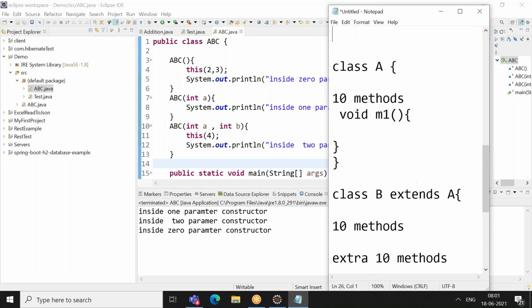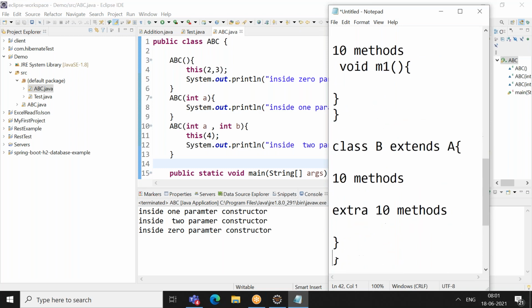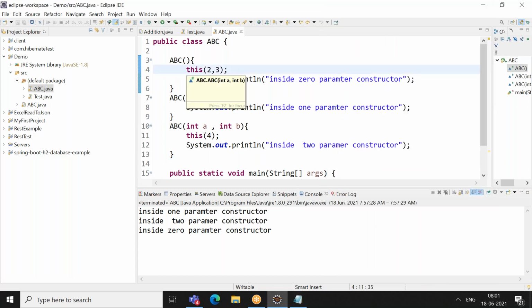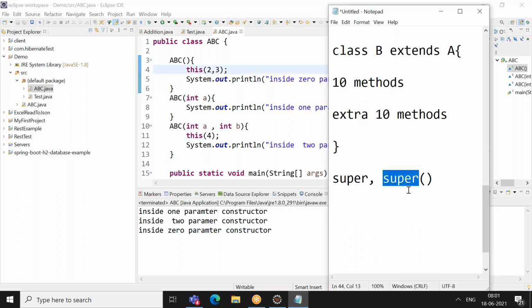So I said there are 10 methods or 10 properties your B can be having. For example, I'll create an object of B, and from the B object, if I want to access the parent class methods or parent class variables, then I'll be using this super. And in the same way, whenever I want to call a parent class constructor, we use super with brackets, while this with brackets calls a current class constructor. So super with brackets you will be using whenever you want to call a parent class constructor.